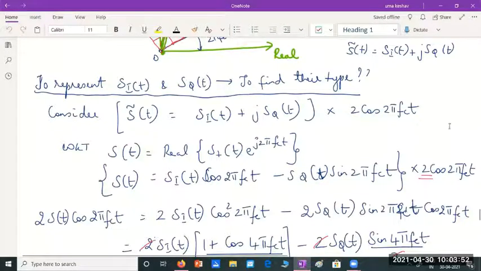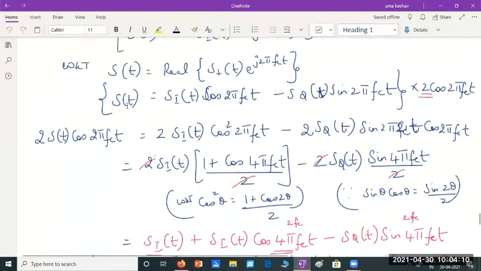In order to do that, just by trial and error, we could see that if we multiply this complex envelope equation, S envelope of t equal to Si plus jSq, with 2 cos 2 pi fct,